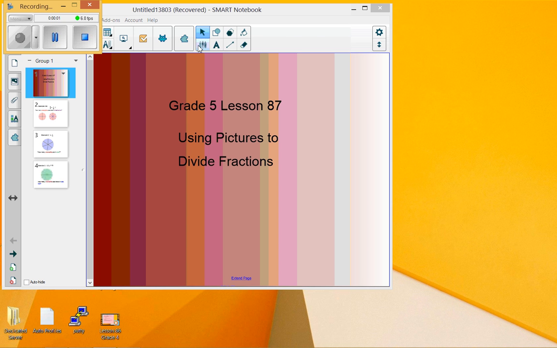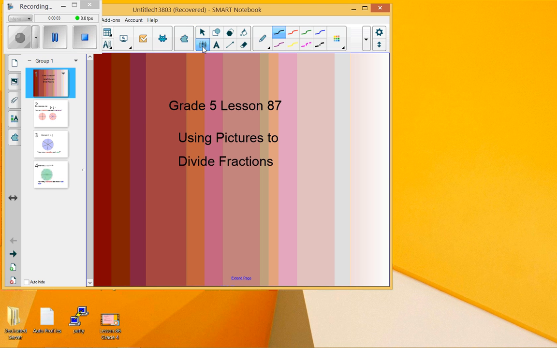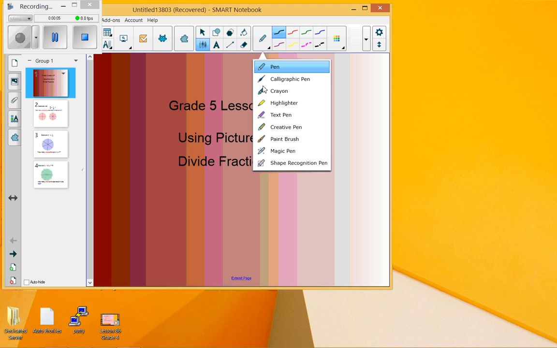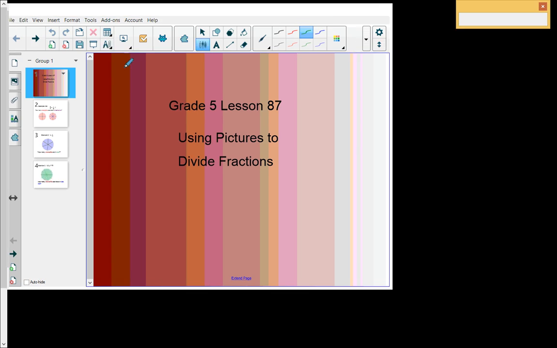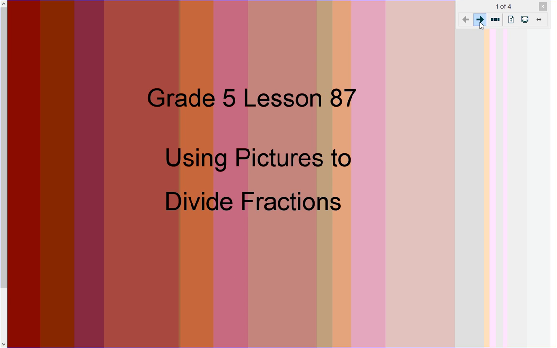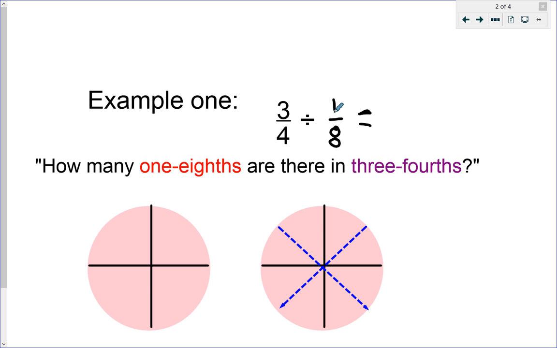Hello, fifth grade. We are going to be looking at using pictures to divide fractions. Okay, so we're going to be using pictures to divide fractions, and that's what we're going to be looking at right now. So if we have something like 3/4 divided by 1/8 equals something, the way we say this sentence